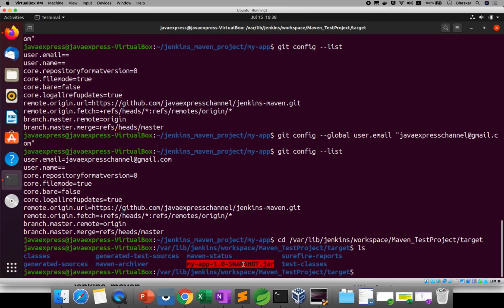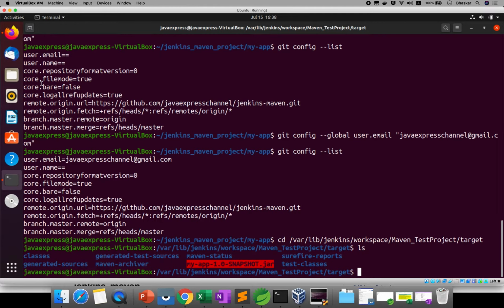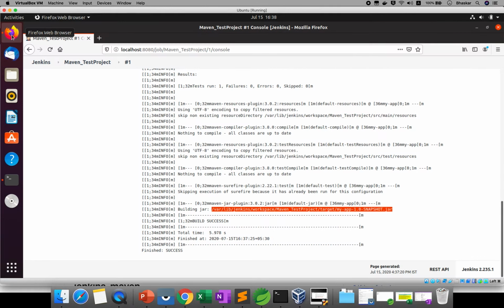Okay, now you know that your job is automated. Now you need no manual step once your code is committed to your GitHub; you just go and click on Build Now. That is up to now. Then you want to automate this part. Whenever you give a commit, it should trigger the job automatically.